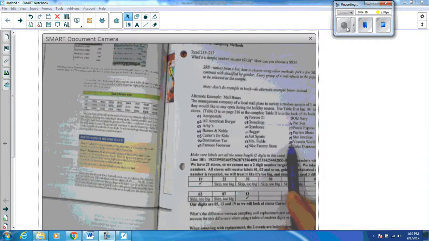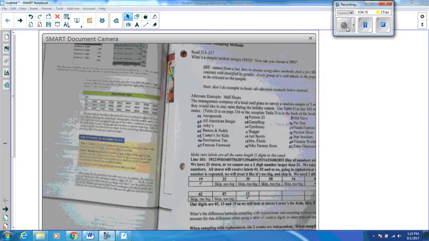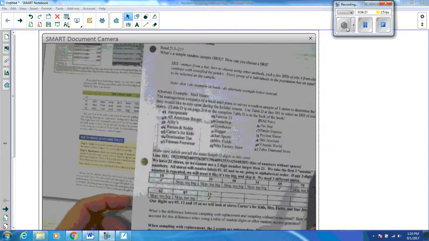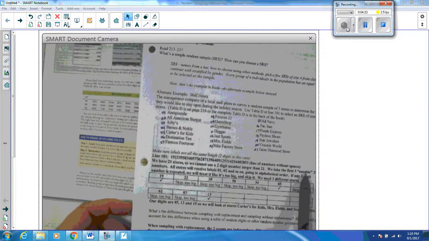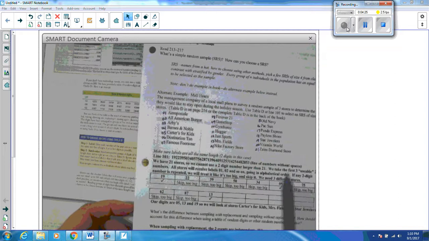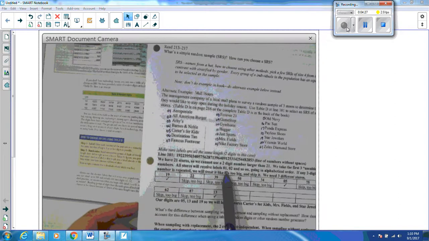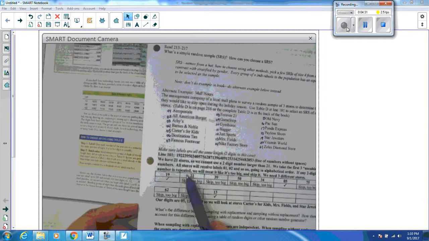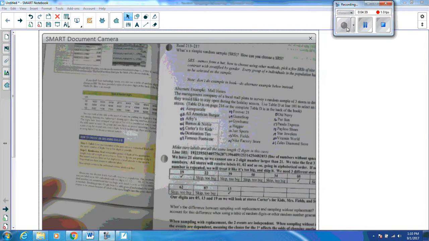Okay, we're going to take the first 3 usable digits. So like we said, we have our labels 01, 02, and so on. If any 2-digit numbers repeated, we'll treat it like it's too big and we'll skip it. And we need 3 different stores. So usable means can't be bigger than 21 because we only have 21 stores. So for example,